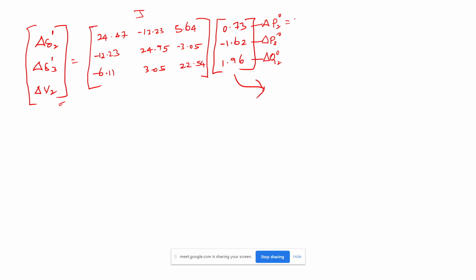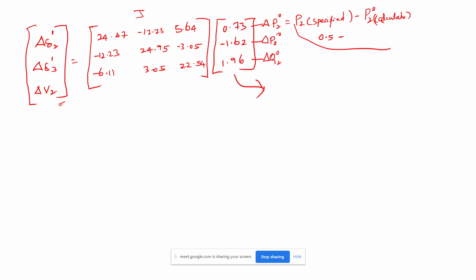This is nothing but P2 specified minus P20 calculated. So what is P2 specified? Tell me what is the specified P2 value from the question. In the question, what is the P2 value? It is 0.5, right? If you see the question, you will get this value. I will write this one. P2 specified is nothing but 0.5 minus P2 that we have calculated.